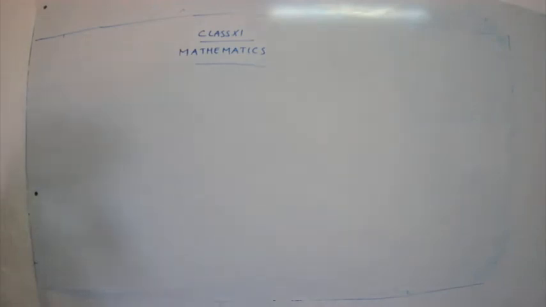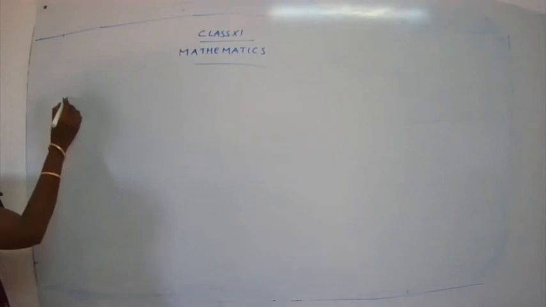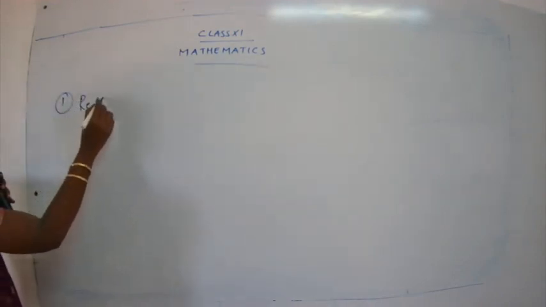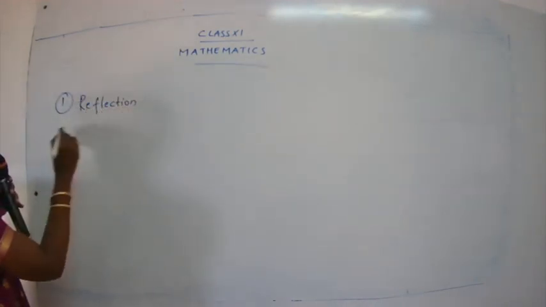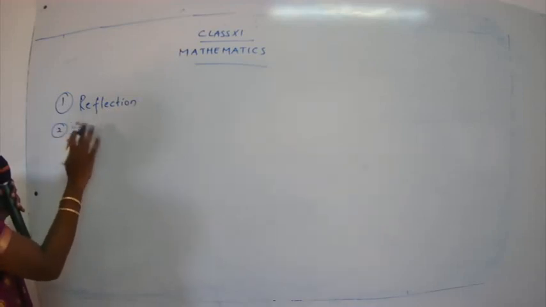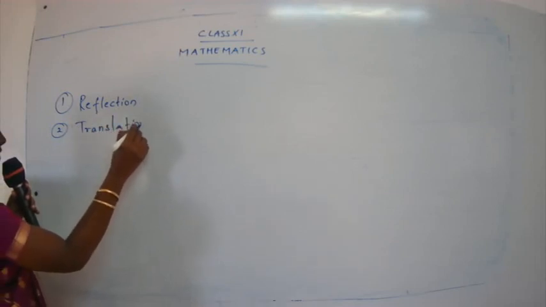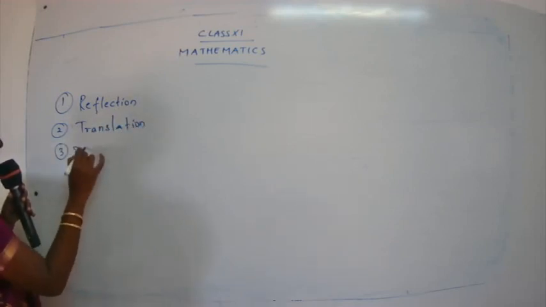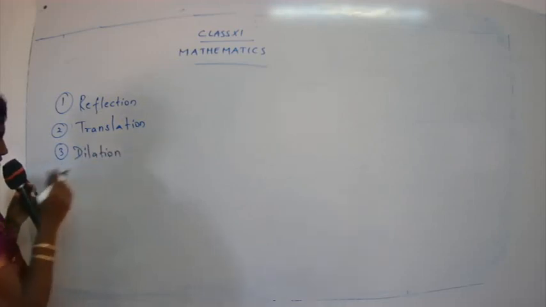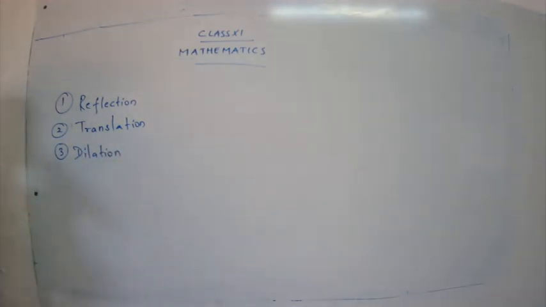That is, we have seen three different transformations. One was a reflection, the second one was translation, and the third one was dilation. So what are the three different transformations? The first one is reflection, the second is translation, and the third is dilation. So we have these three different transformations, and in the previous class we have seen a detailed study